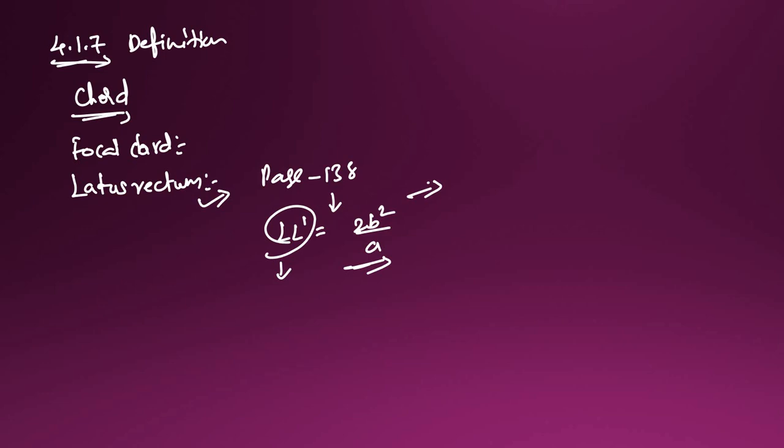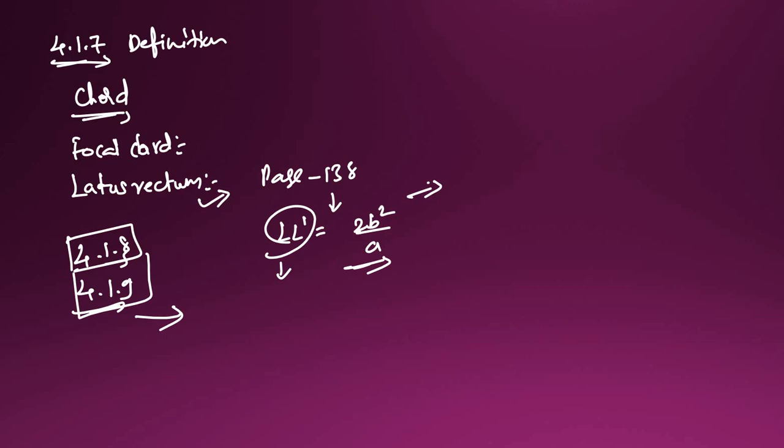So please find out this one. This is very, very important. After that, 4.1.9 is also there. That is a note, so please practice there also. The formula is given, and the latus rectum diagram is also given in 4.1.8. Please watch this also and practice once on paper, so it will become easy to understand.